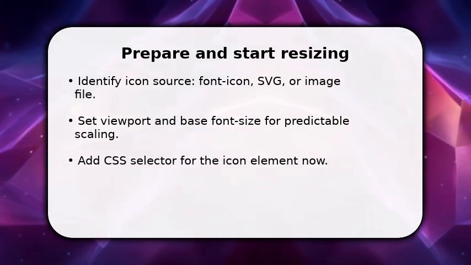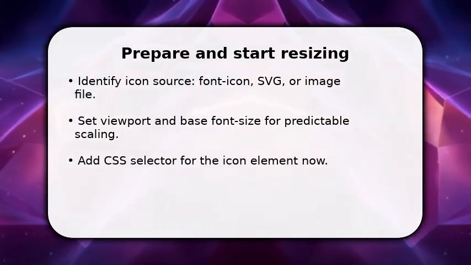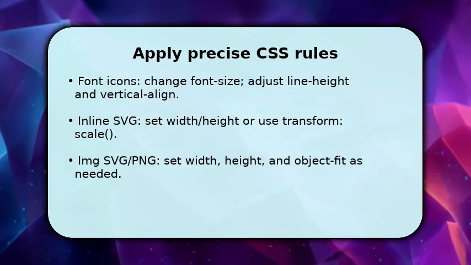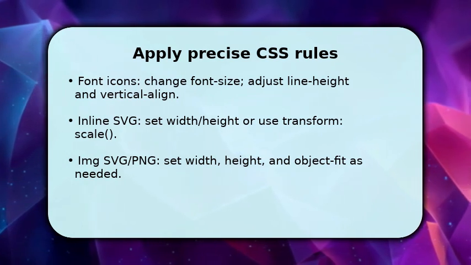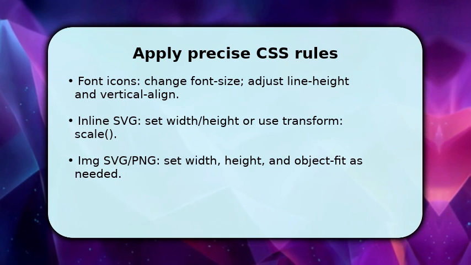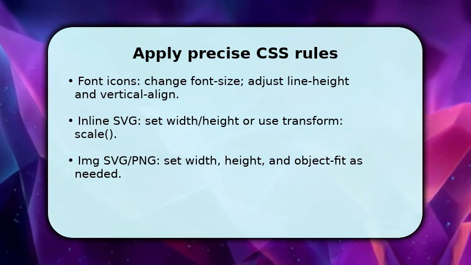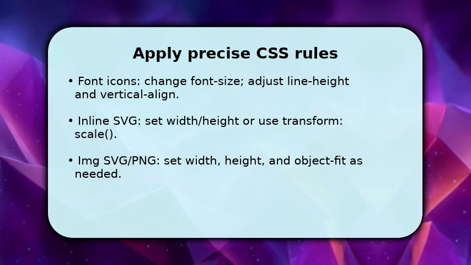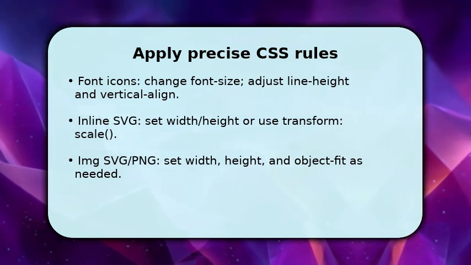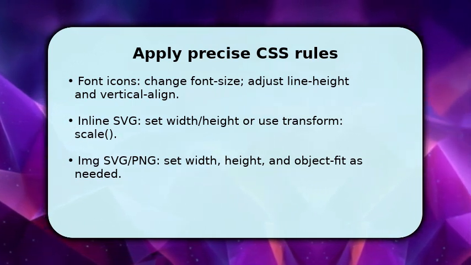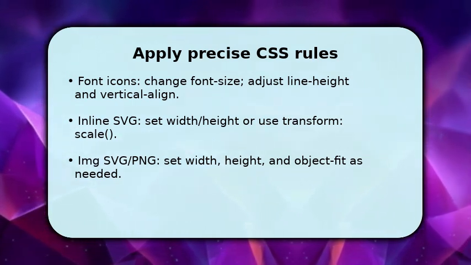Now apply the exact CSS rules that change visual size. For font icons, increase font size and tweak line height and vertical align to keep alignment. For inline SVG, use width and height attributes or transform scale for smoother transitions. If the icon is an IMG, set width and height in CSS and use object fit to preserve aspect ratio. Make sure to use rem or px where consistent sizing matters, and use max width to